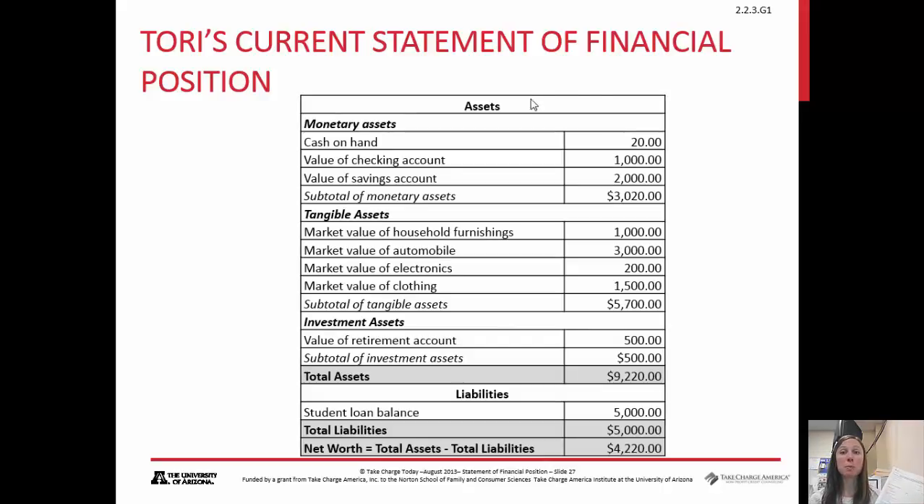If you added up her total monetary assets right here, it would be $3,020. Her tangible assets are $5,700. Her total investment assets are $500 to give her $9,220, and with her student loan, she owes about $5,000, so her net worth is